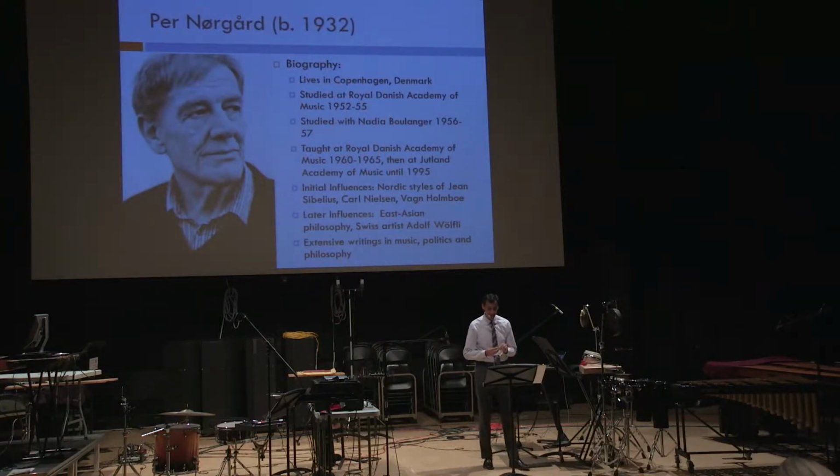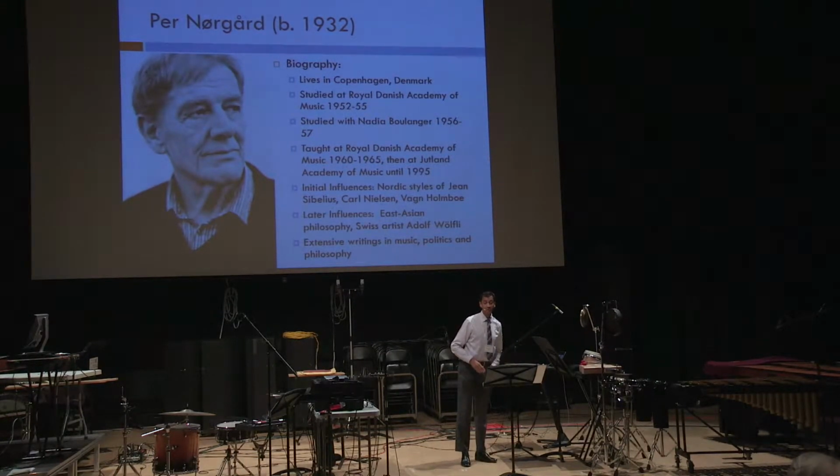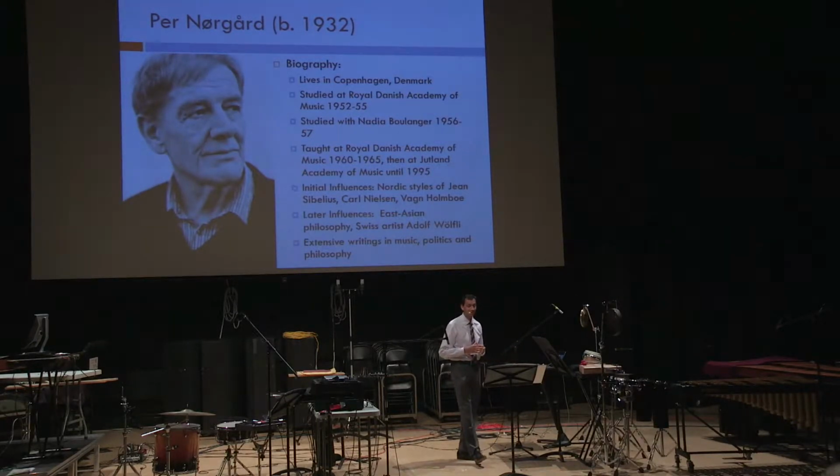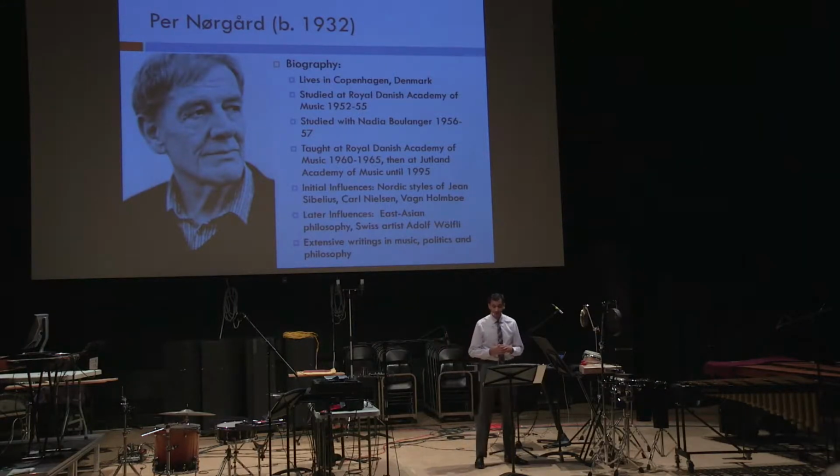So many critics hailed Per Neeraj, born in 1932, as the next composer to carry the mantle of Danish nationalism after Carl Nielsen. One can hear this in the earliest of his 8 symphonies. But as with many composers, Neeraj was affected by the political and cultural changes that followed World War II, and it motivated him to travel beyond Europe for musical inspiration. Some of his earliest experiments in this period dealt with the avant-garde and minimalism, but he soon began developing compositional styles and techniques of his own.